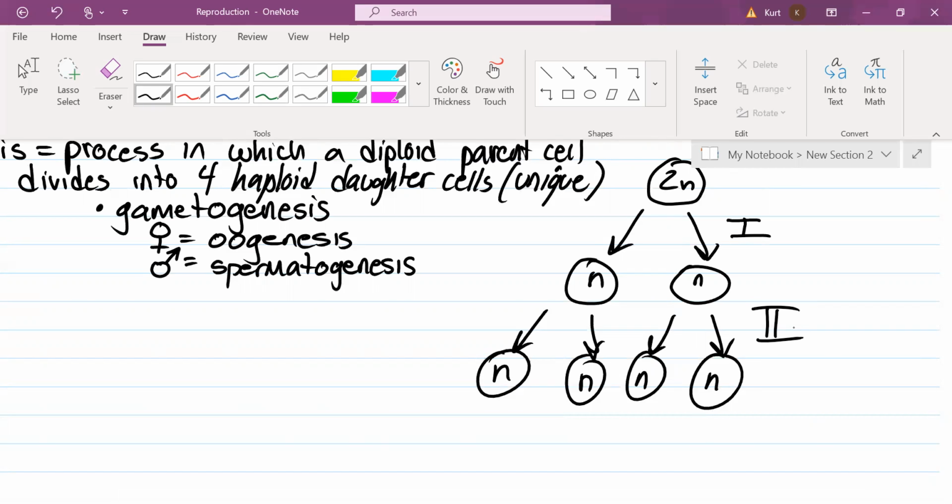In meiosis 1, there's prophase 1, metaphase 1, anaphase 1, telophase 1. And then in meiosis 2, there's prophase 2, metaphase 2, anaphase 2, telophase 2. You'll stop at around metaphase 2. And if there's not a sperm cell to fertilize your egg cell, then you're going to shed it from your body and start all over again. That's what the menstrual cycle is about. It's a cycle. It repeats itself over and over until you run out of